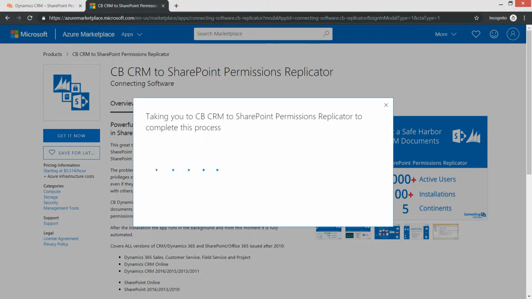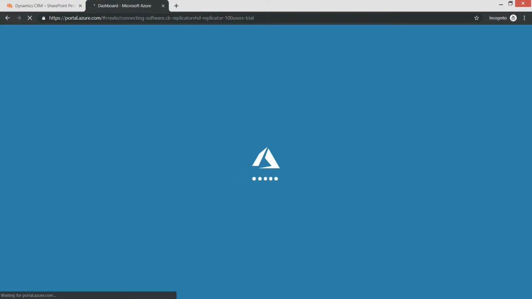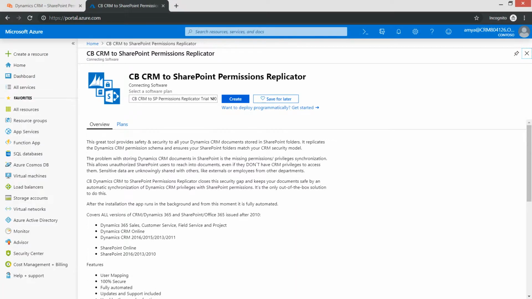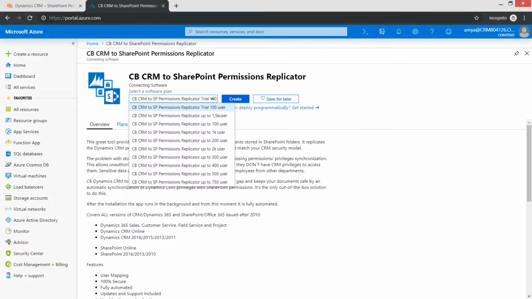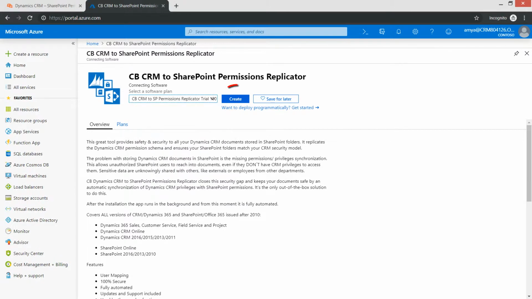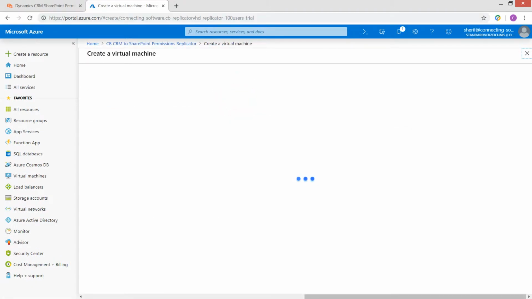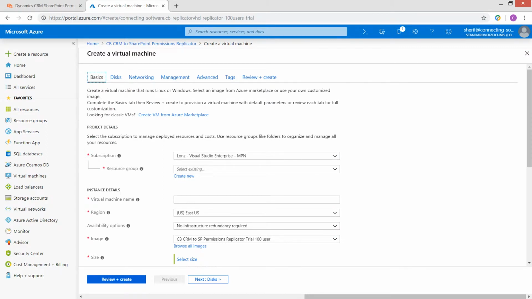Azure Marketplace takes you automatically to the Azure portal. For this, you need to create a user login. If you do not have a user yet, you need to create one. Microsoft takes you automatically through the process. Make sure that your desired plan is correctly selected. Click the Create button. You would need to create a subscription in case you don't have one already.